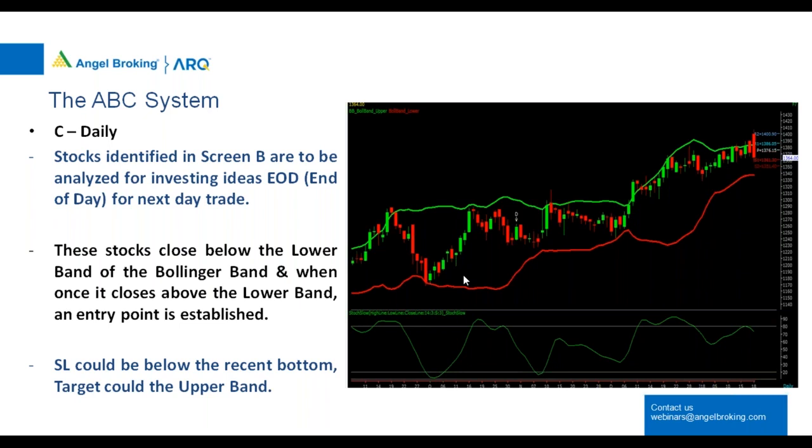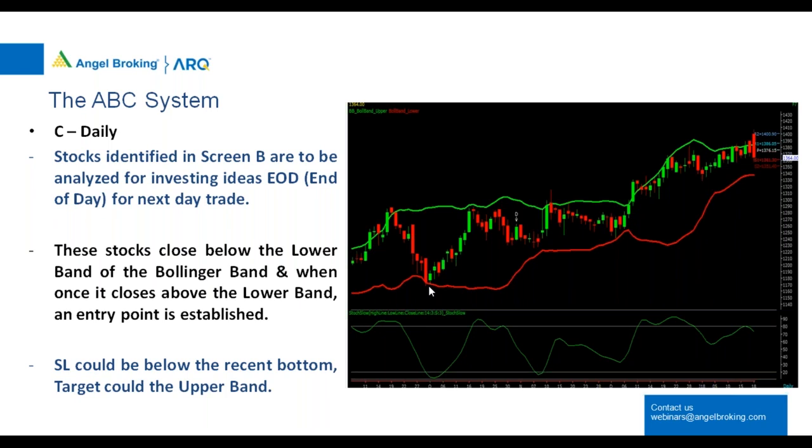There are various websites which are available. If you are a user of Angel's Speed Pro application, then you can activate advanced charts, which is a very good charting application which has all these indicators and everything available. And you have data going back as many as 20 years in many of the stocks. So you can use that in the Angel Advanced Charting application, but that's available only in Speed Pro. So those who are active on Speed Pro can use that. For the rest, they'll have to look at some other websites where they can get such information.